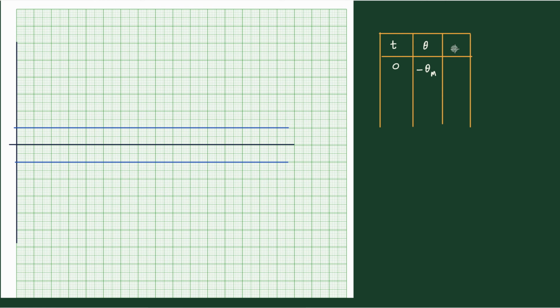Then you will also have the velocity, namely theta dot, that means the speed of the bob. When you start the experiment, you remember that we pull the bob to the left side and hold it there. If you hold it, then the bob is not moving and therefore theta dot has to be 0. So it has 0 speed at the beginning of the experiment, at time t equals 0. The minus theta m should be quite compatible to you. It must be. Otherwise, I will show the diagram once again.